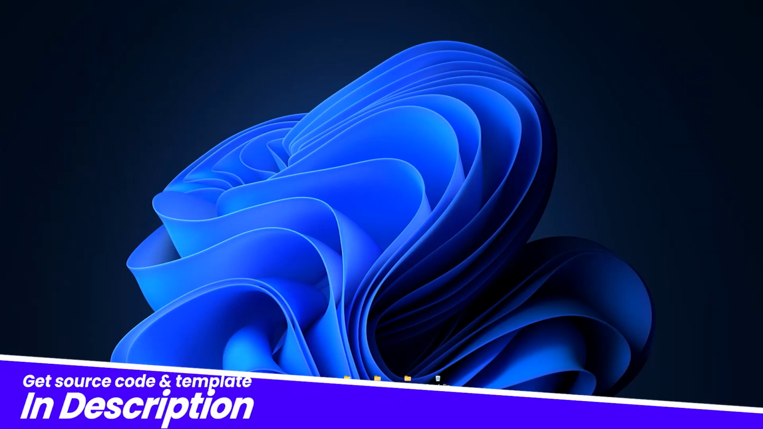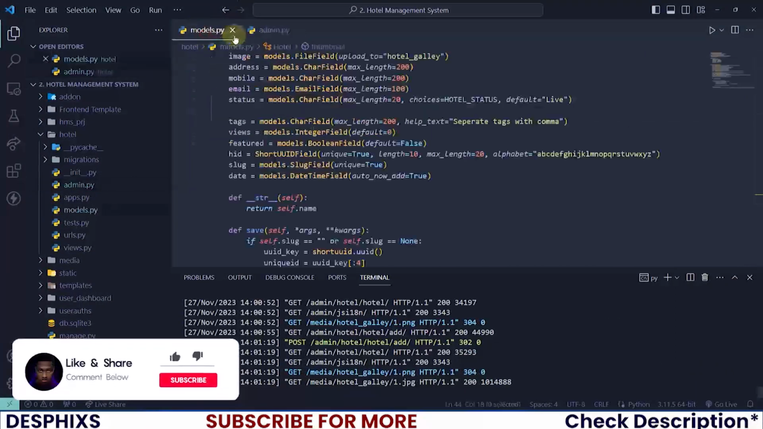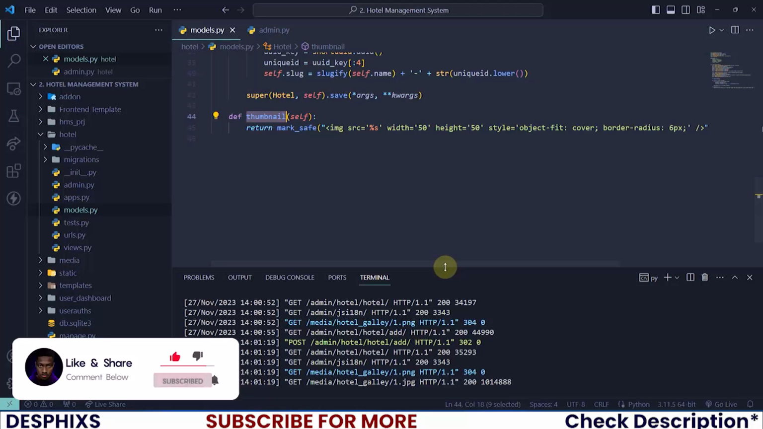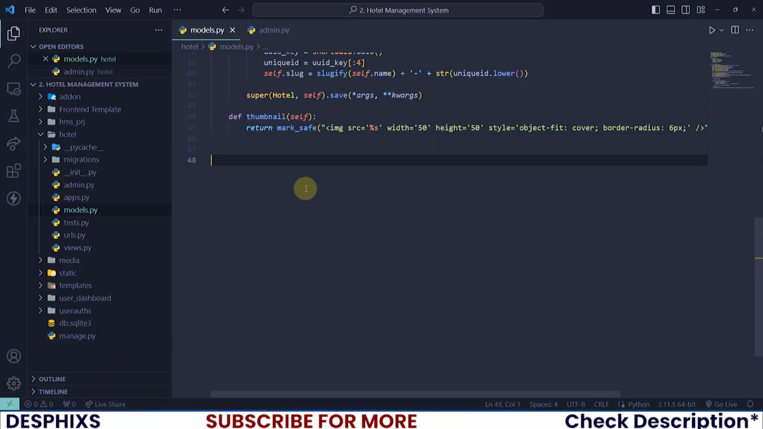So let's go ahead and get started. I will open up my code editor one more time and hop back to the models.py. And I should minimize the terminal so that you guys can see what's going on here. And let's continue creating the models. I will create a new one. I will call it HotelGallery, and it should inherit from